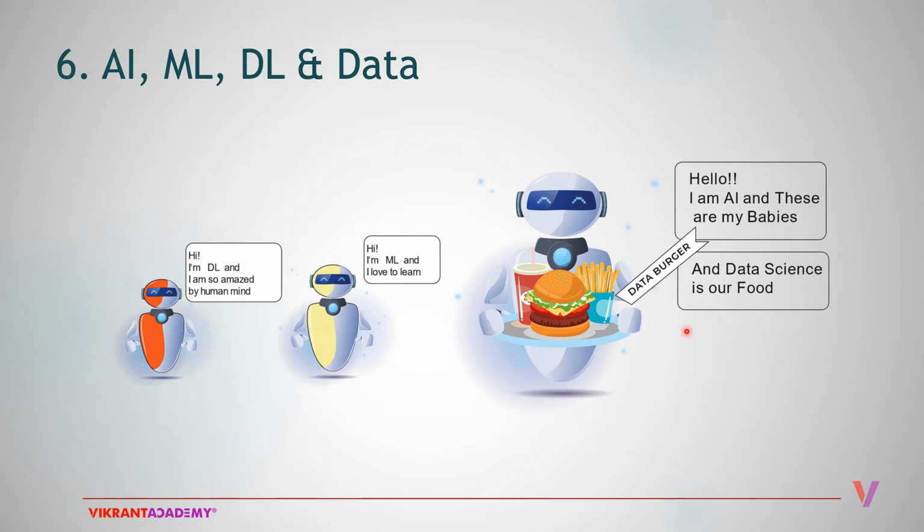AI, machine learning, deep learning, and what is it in relation to data. Think of this as a restaurant where you're going to eat your meal. For them, we feed data to the machine learning algorithms or AI algorithms in general, and these data are then processed and sent back to us. With this information they learn from the data what an image is, about the various images, and then it works basically on data.